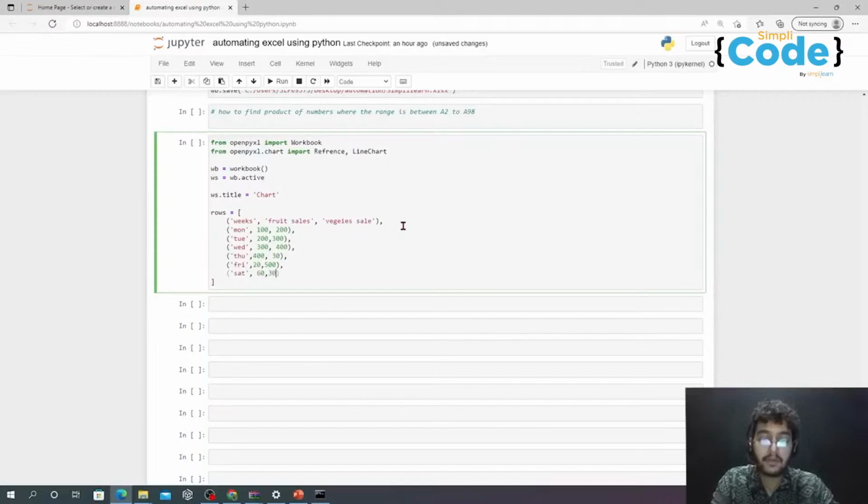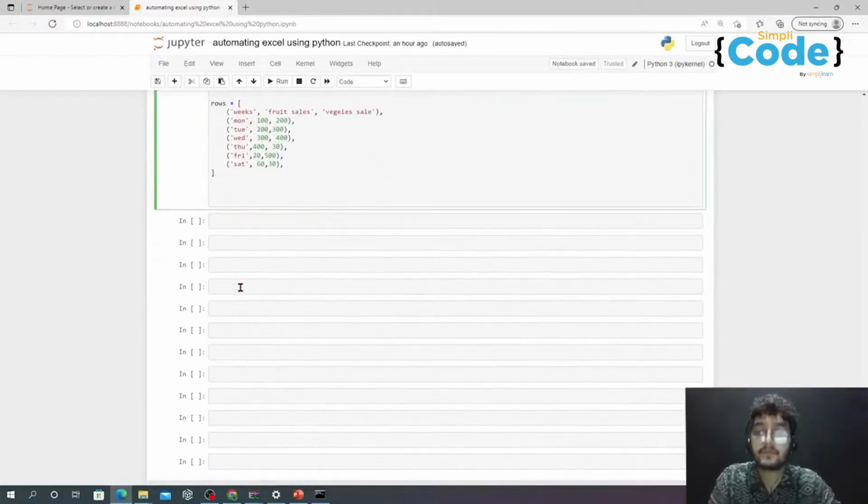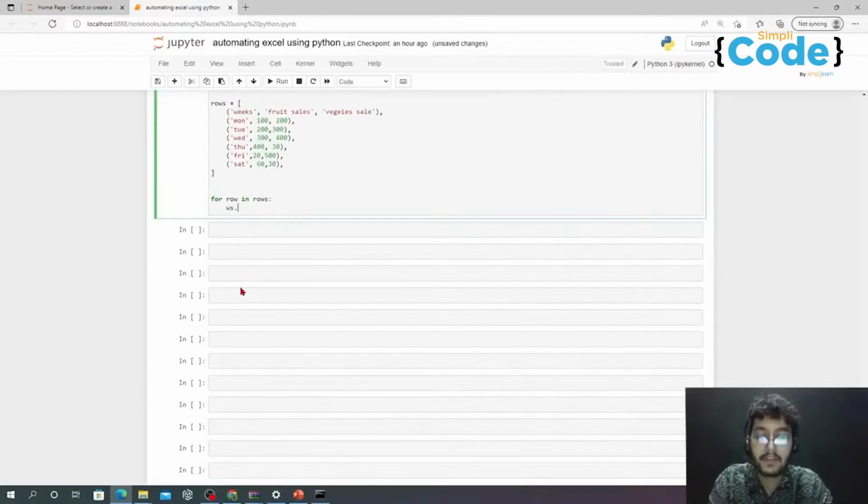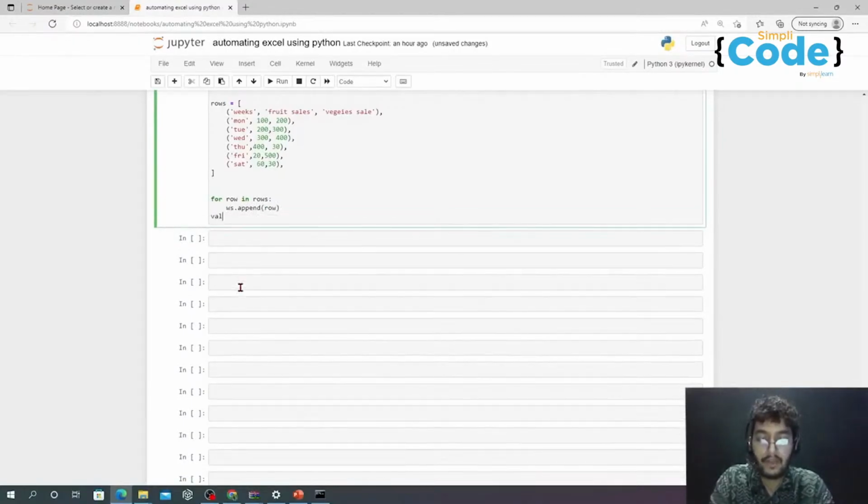Sixty, comma 30. Okay, it seems good. Let me do for row in rows, ws.append(row). values equals to reference